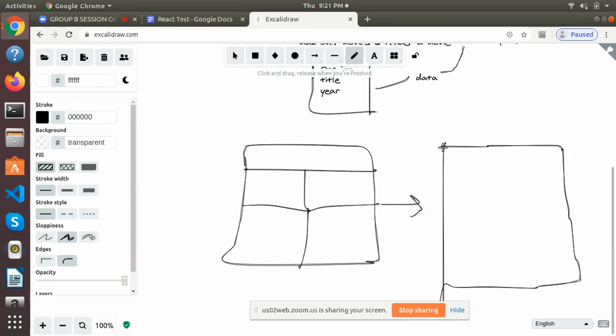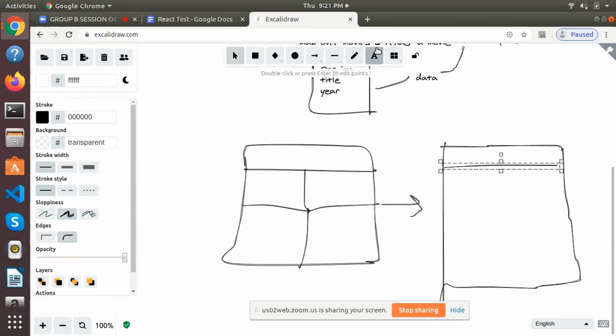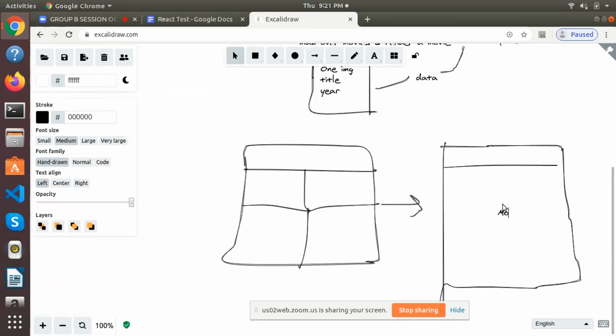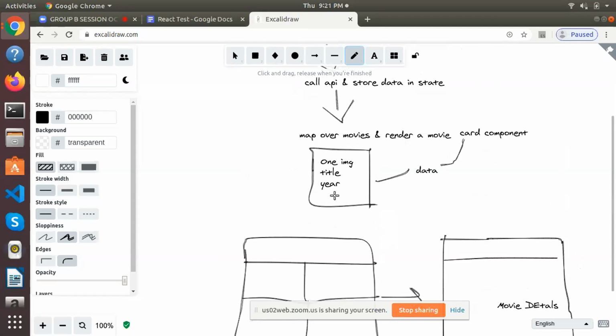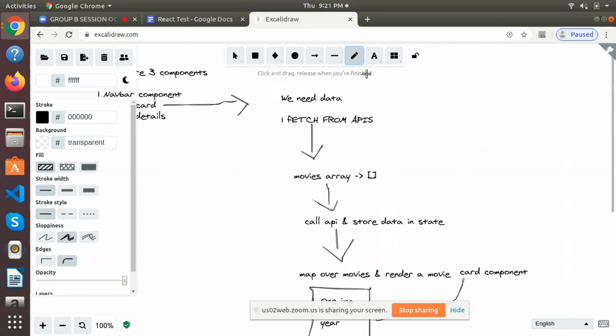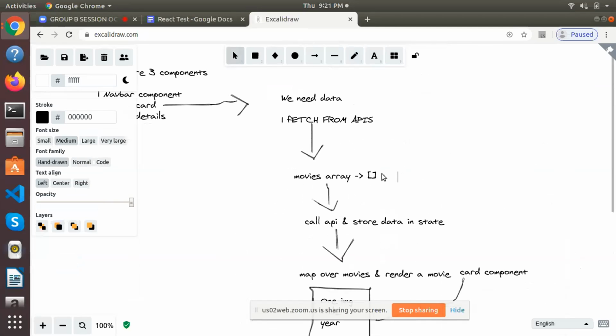And there is someone who needs to click that movie details. Right. So you saw that you have to do some kind of conditional rendering, because only this piece of thing is getting changed, right? So at one place you have to show the movie card, and at one place you have to show the movie details component. To do conditional rendering, you need a boolean variable, right? So you have to make one more to keep track of conditional rendering.